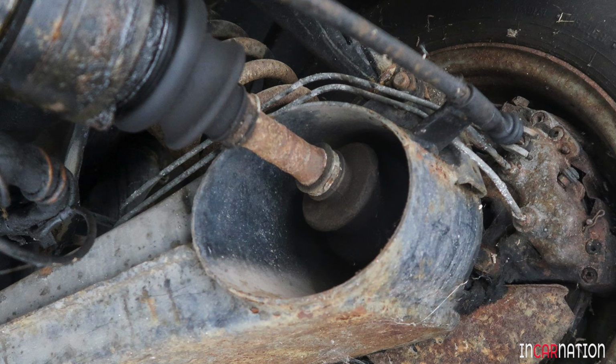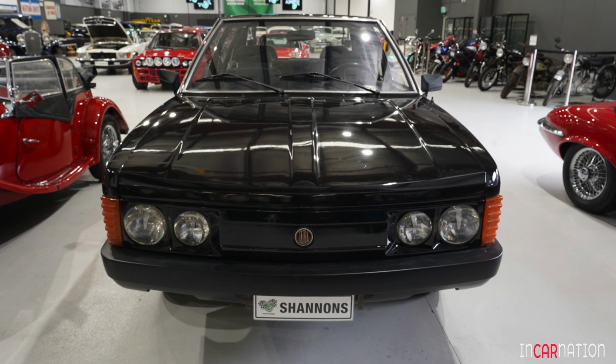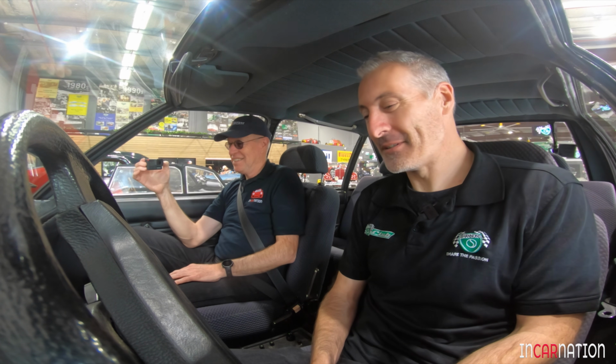And this is unreserved as well? This is unreserved, and we're not expecting a great deal of money for this car. Probably somewhere in the vicinity of $15,000 to $20,000. No, but if you wanted the car at Cars and Coffee that no one else has, I mean, most of the cars we have here... Imagine if you did turn up and there was another one, except much better presented. You go, damn. Yeah, you'd be feeling a bit...